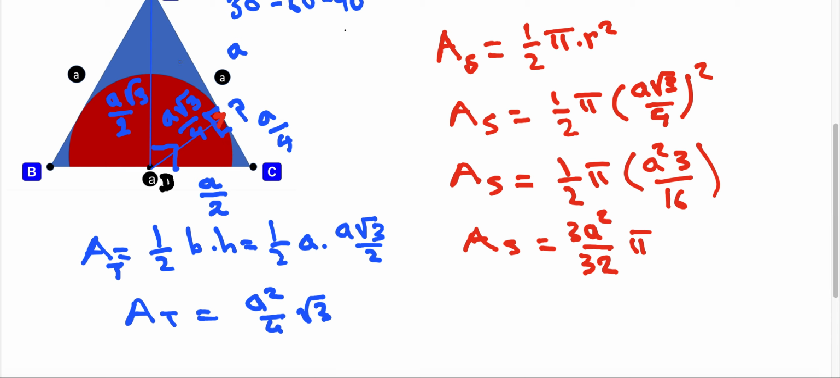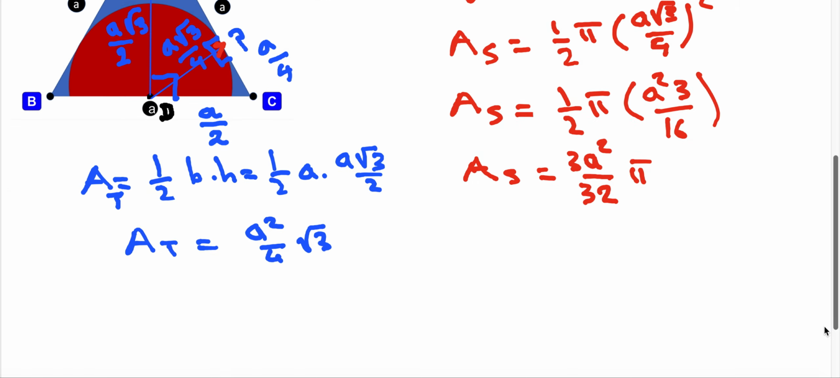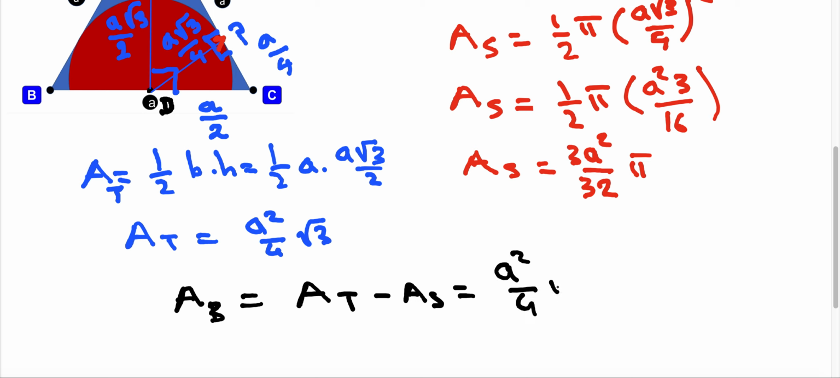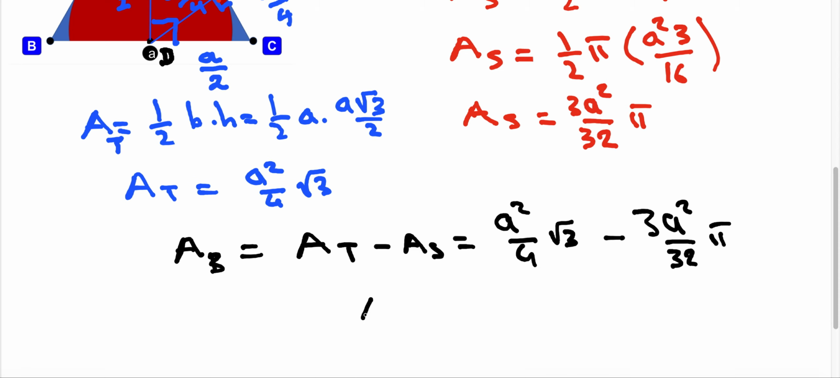But now to find the blue area, we have to subtract the semicircle area from the equilateral triangle area. And if we do that, let me write here, the blue area, AB, is going to be equal to the area of the triangle minus the area of the semicircle, which is A squared divided by 4 square root of 3 minus 3a squared divided by 32 times pi. If we simplify a little bit further, the blue area is going to be